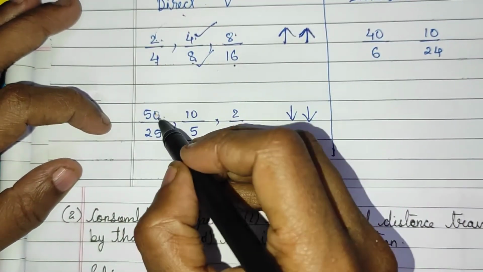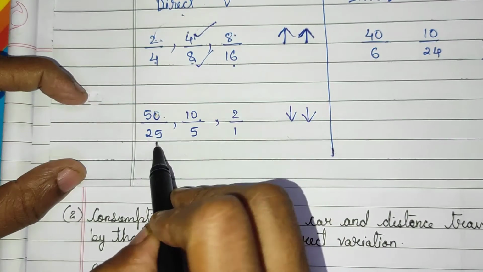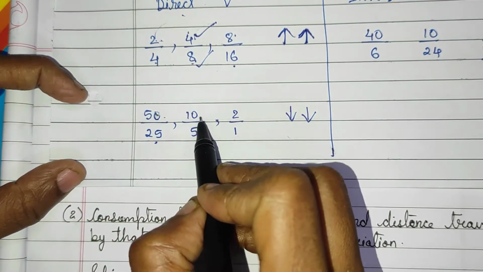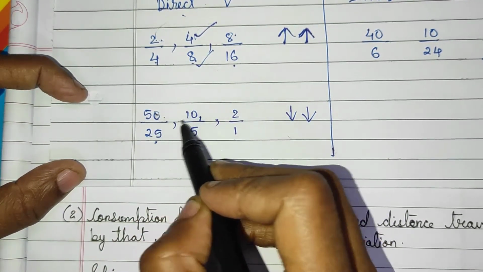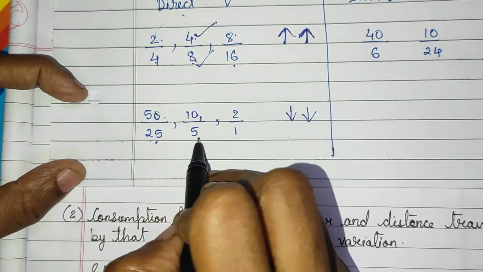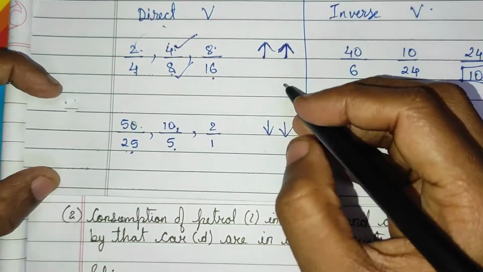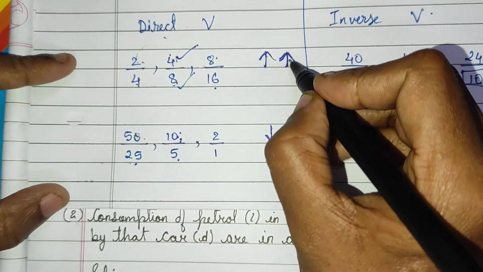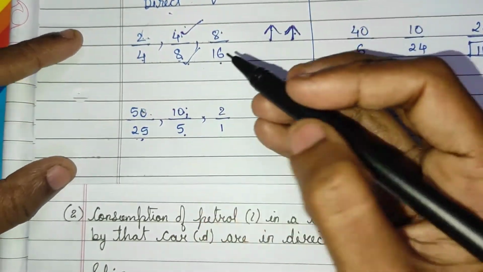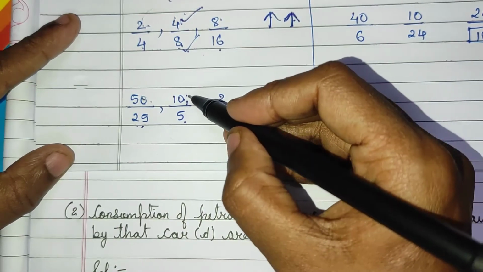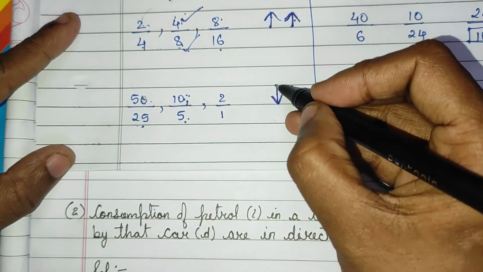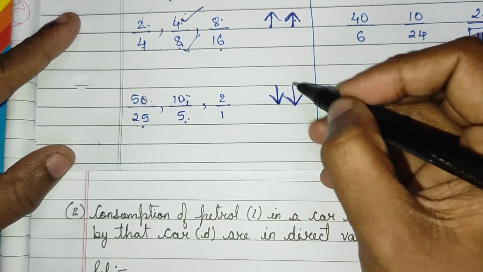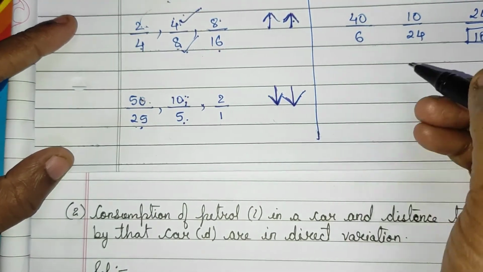On the contrary, if one is reducing, see here 5 5s are 25, 5 3s are 15. So if one reduces, the other one also reduces. So in direct variation दोनों सेम होते रहे. अगर एक बढ़ा दूसरा भी बढ़ेगा, न्यूमरेटर एंड डिनोमिनेटर. इन डायरेक्ट वेरिएशन अगर एक घटा तो दूसरा भी घटेगा. दैट मीन्स न्यूमरेटर एंड डिनोमिनेटर बोथ विल डिक्रीज.